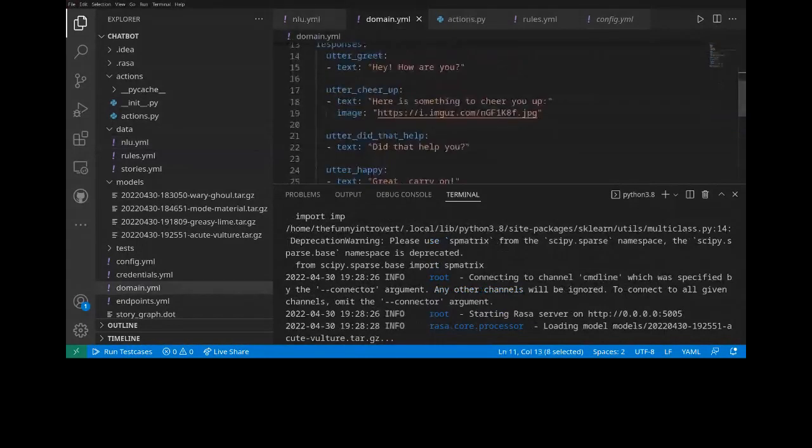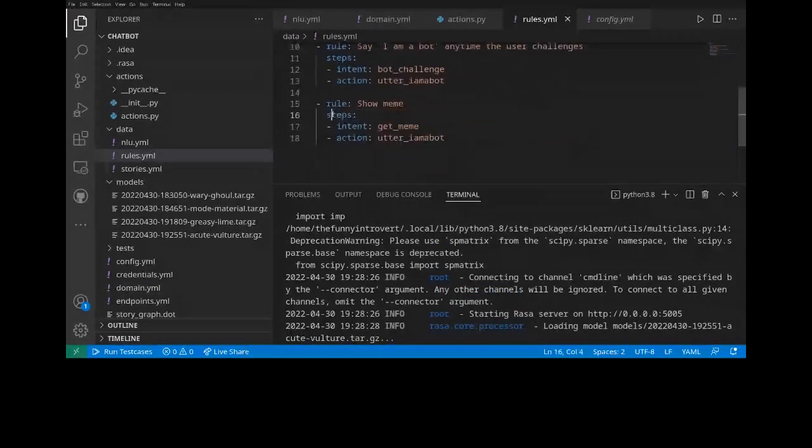And rules, I think I already explained. It's simple as that. We provide some steps with some intent, and you can think of it as simple if conditions. If this intent we got as proper, then it's true, then we go simply to the next action, and that's what we are doing. And also, okay, I think I may have done something.